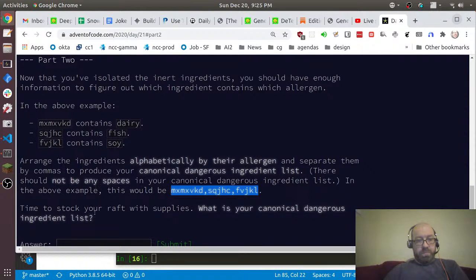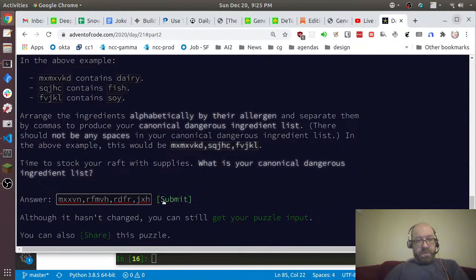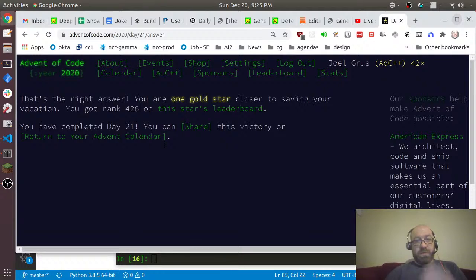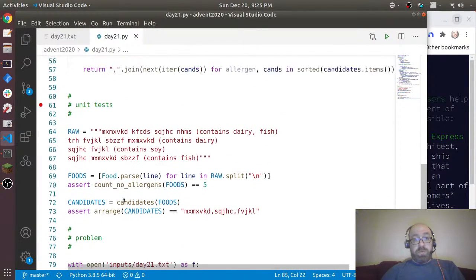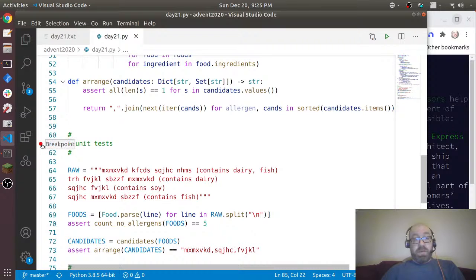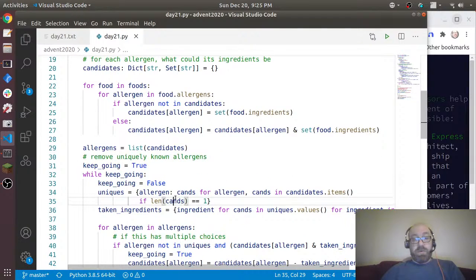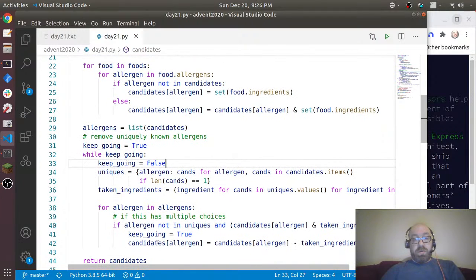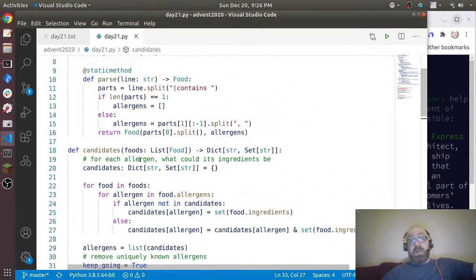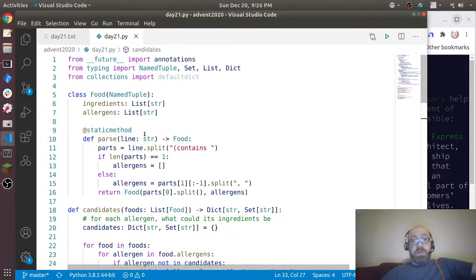Copy, paste, submit. That's the right answer. Okay, good. So that one wasn't too bad. And here's my guess: if you did not do this part, it wasn't going to work on the big input, but it did work on the test input. So anyway, just to go back through this really quickly,